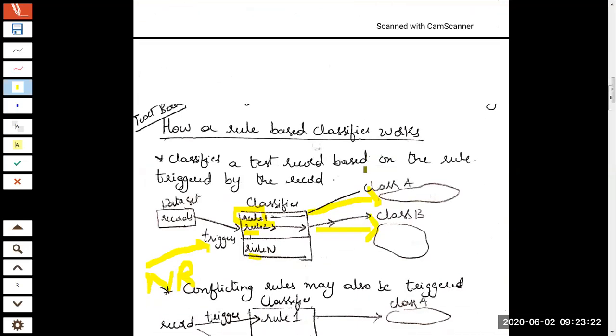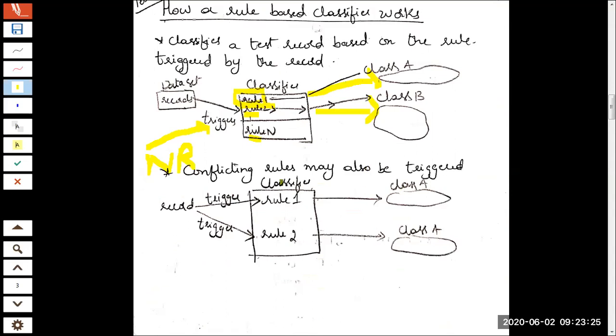Now we explored some issues with this. What was the first issue we had explored? Conflicting rules. What does it mean? Now we have a record here. We are aware of the objective: we should take this record either to class A or class B. We can do it manually, checking the attributes of a record to decide whether it belongs to class A or class B. But the manual process is tedious, and when it involves a huge amount of records, it is impossible. So we have an automated system in the form of a classifier.